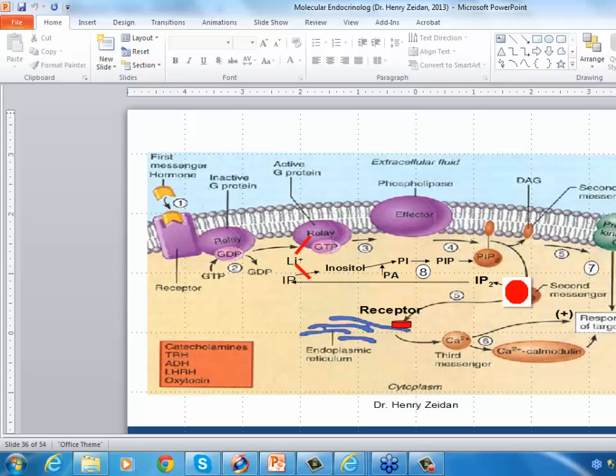Your second messenger here is IP3. So PIP3 can be cleaved off here to give you IP3, inositol triphosphate. Inositol triphosphate can function as a second messenger. Inositol triphosphate can produce diphosphate, inositol diphosphate, can produce